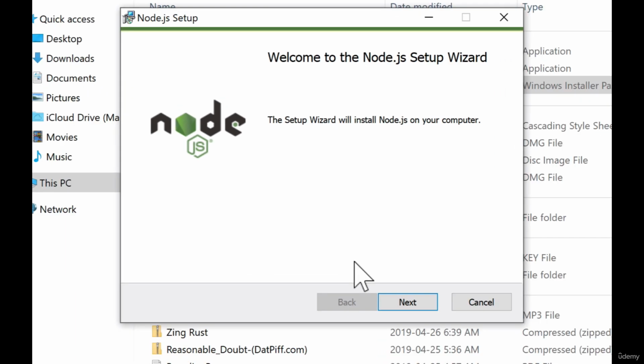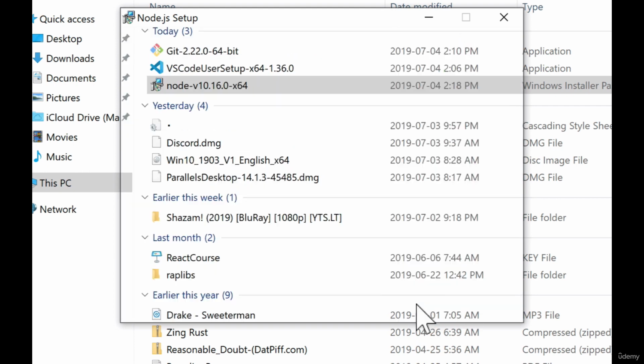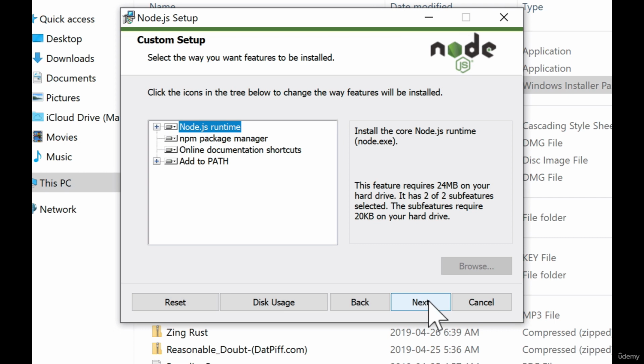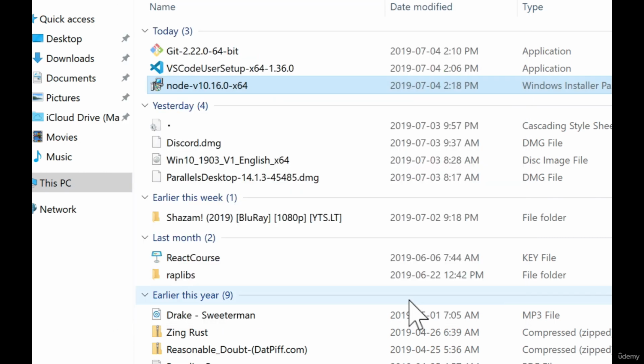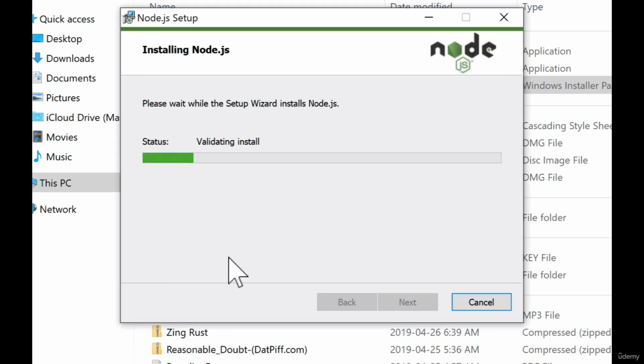Now, Node is what we need in order for us to run our JavaScript, as well as manage our JavaScript packages for all of the applications that we'll be building. So simply hit Next, accept the license and agreement, install Node, and then hit Next again, and finally install. Now, Node also comes with NPM, which is Node Package Manager. And we want to hit yes here as well when it asks if it allows us to make changes to